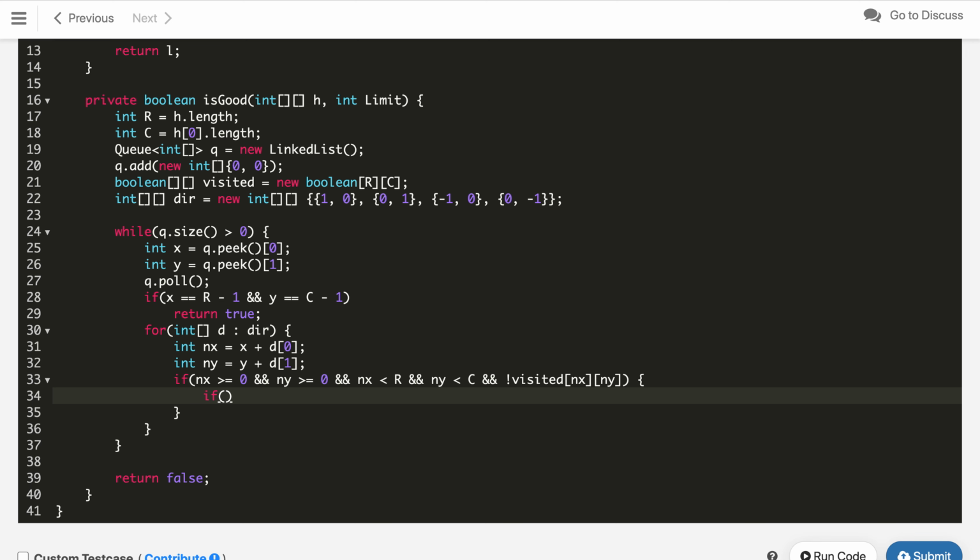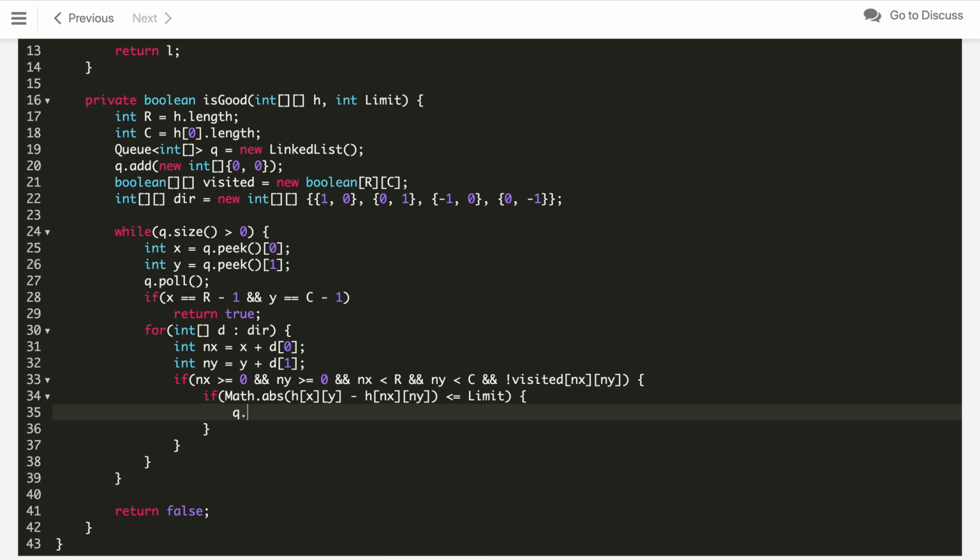Now we will check if the Math.abs difference between the height h of x comma y and the effort, which is h of nx comma ny, is less than or equal to limit, then we have a valid coordinate, and we will add this coordinate into the q.